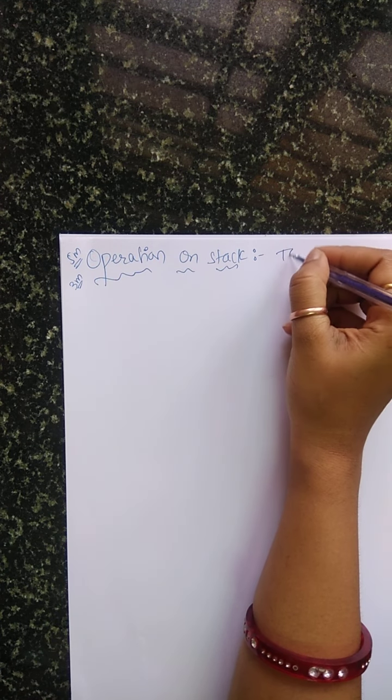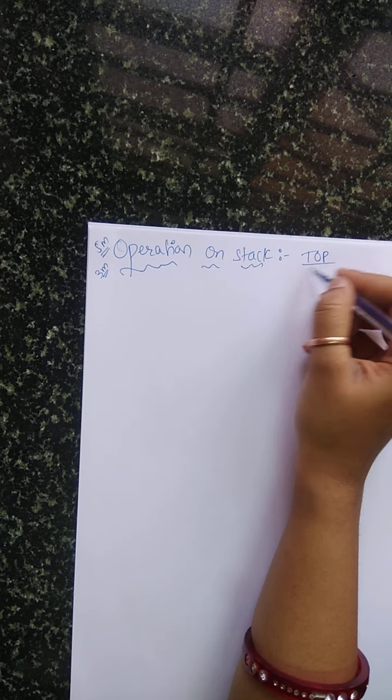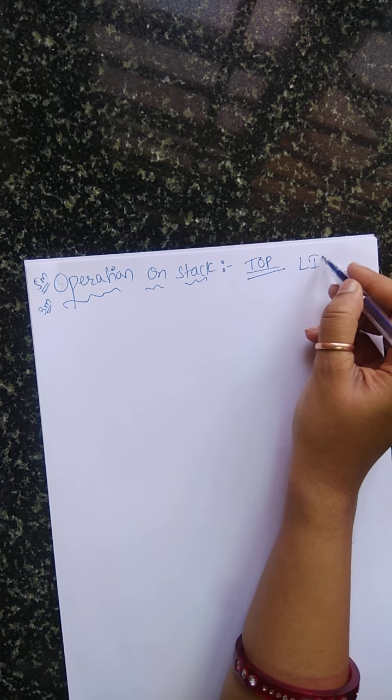So here we know that the stack abstract data type is defined by the following structure and operations. The structure of the stack, as described already, is an ordered collection of items where the items are added and removed using only one end, and that end is called top. And stacks work under the LIFO method. LIFO stands for last in first out.